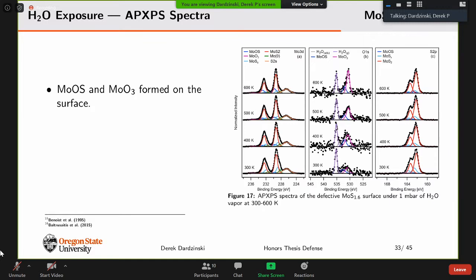And then you can also see, as the oxysulfide and the molybdenum trioxide form, the elemental molybdenum is decreasing. The low energy shoulder is more pronounced in the 1.6 to 1 sample, because there is substoichiometric MoS2 and elemental molybdenum on the surface. And then this reached a final stoichiometry of 1.2 to 1 after 18 minutes of sputtering. When we analyze this data, you can see the MoSx percentage increased